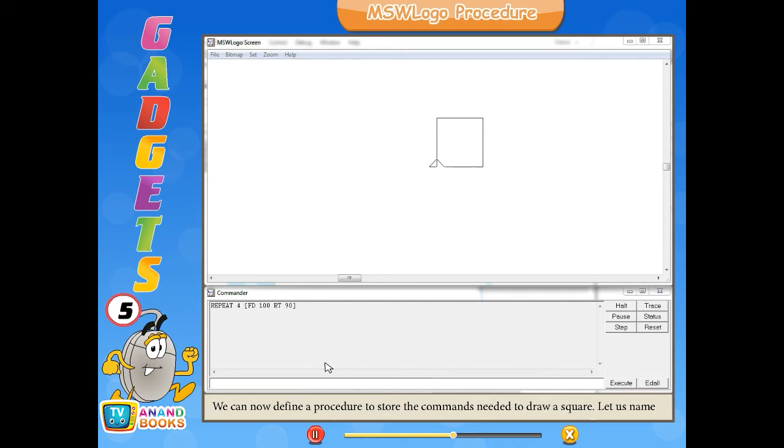We can now define a procedure to store the commands needed to draw a square. Let us name this procedure as square. Once the commands are saved as the procedure, instead of writing repeat 4 [FD 100 RT 90] every time we want to draw a square, we can just type the name square to recall the procedure